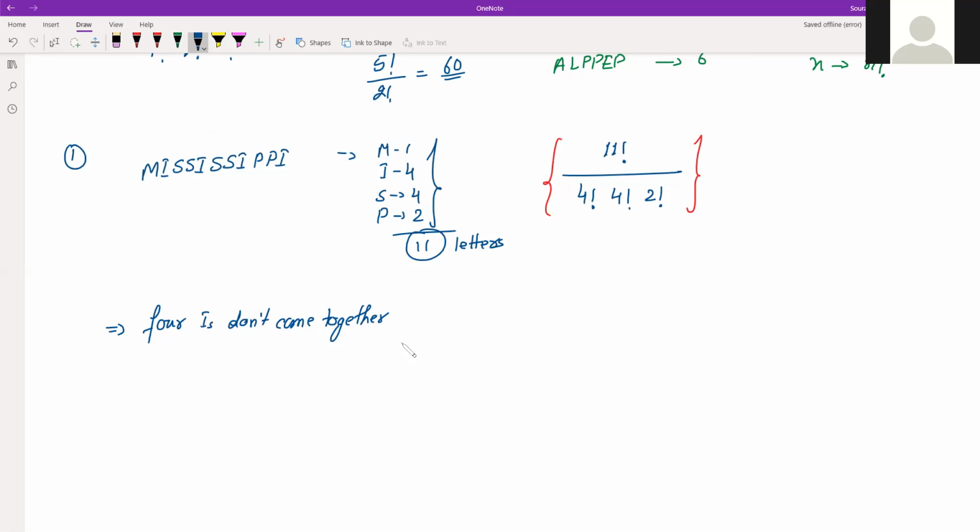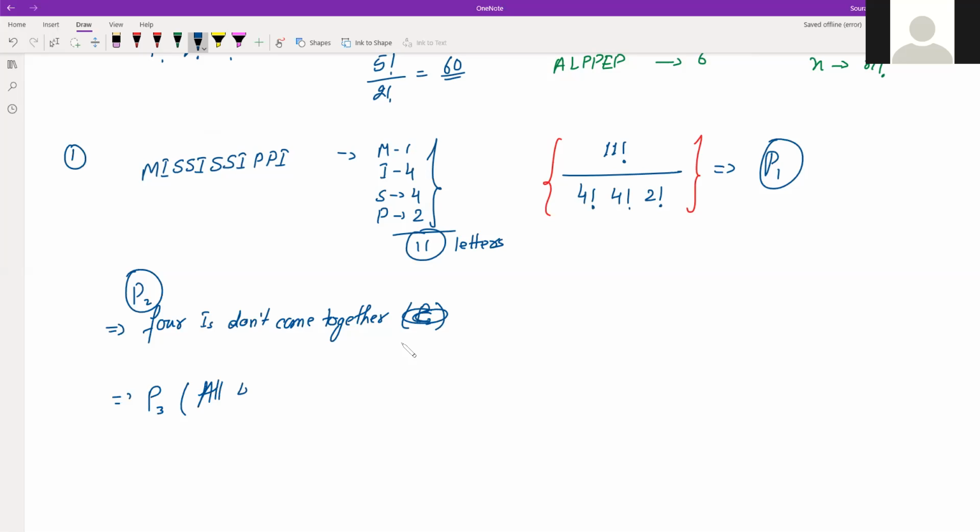Again, it is very easy to do. First, you find those arrangements in which these I's are together, all the 4 I's together. And then you subtract that from the total which you have got here. If you solve this, you will get some number. So let that be permutation 1, and let this be permutation 2. To find permutation 2, we have to first think about permutation 3,